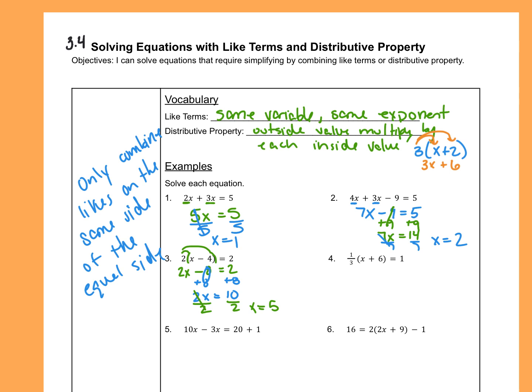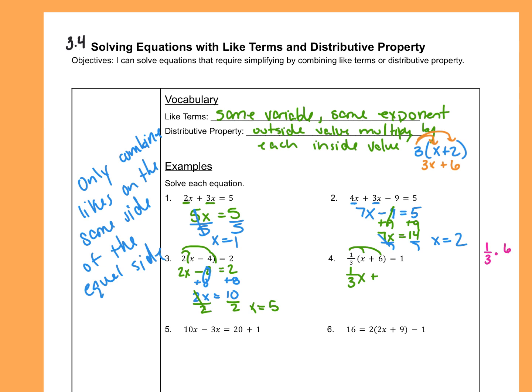On number 4, we do still have distributive property. It does look a little bit confusing because of the fraction, but it's still going to work the same way. So we're going to take the 1/3 times x is 1/3 x, and 1/3 times 6. And we can do some scratch work over here. 1/3